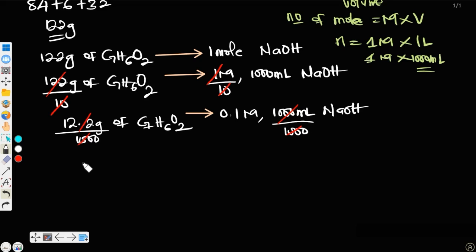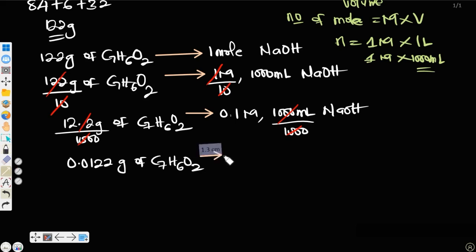12.2 divided by 1000. This will give us 0.0122 gram of C7H6O2 that will be present in 1 ml of 0.1 molar sodium hydroxide. So it means for every 1 ml of 0.1 molar sodium hydroxide, this is the amount of benzoic acid that will react. Do you understand? For every 1 ml of 0.1 molar sodium hydroxide, this is the amount of benzoic acid that